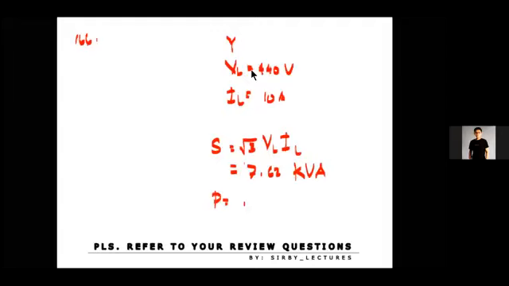And for our real power, you can just use the 7.63 S times the power factor. So we have 7.24 kilowatts. So for 166, we have a value of letter C, and 167, the answer is letter